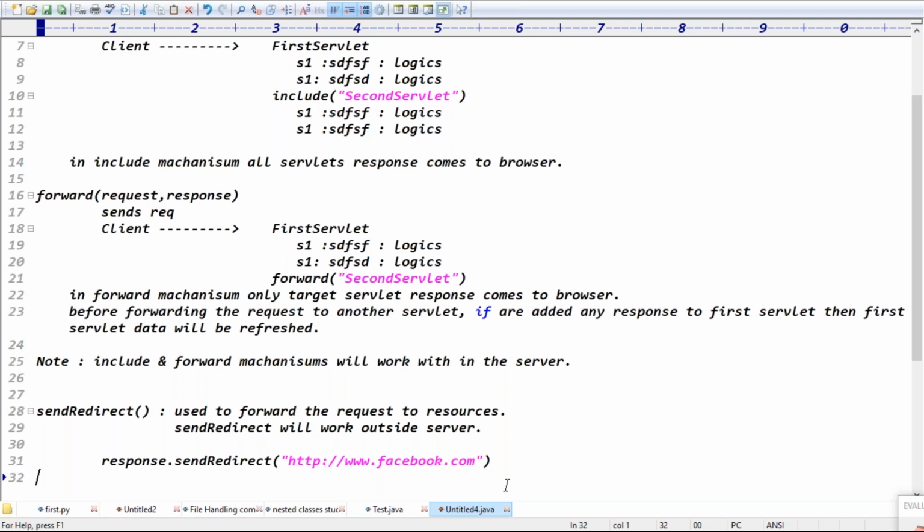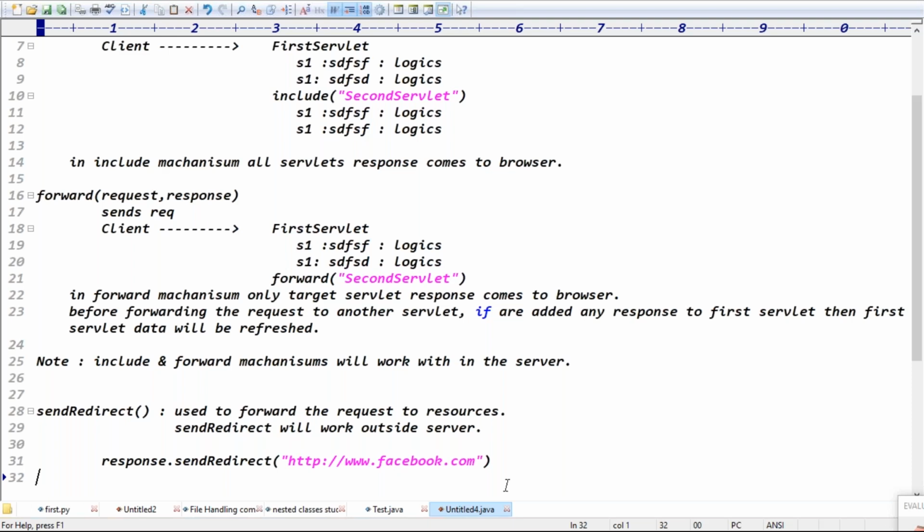The include and forward mechanisms happen on the server side only, right? Because when Rani sends the request to the first servlet, I'm executing the first servlet, and the first servlet forwards the request to the second servlet. It means the first servlet and second servlet are all at the server side only.